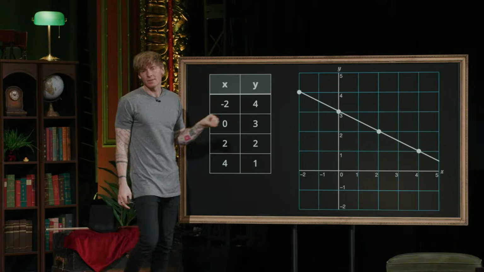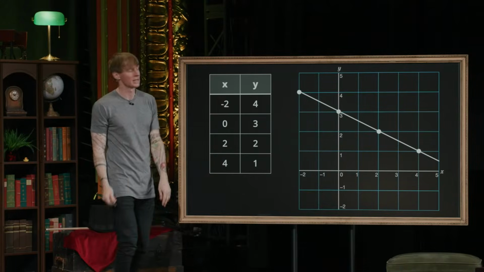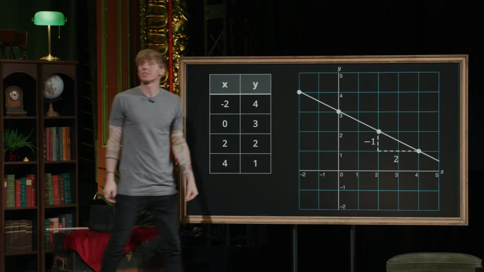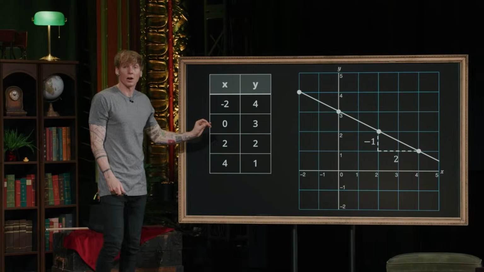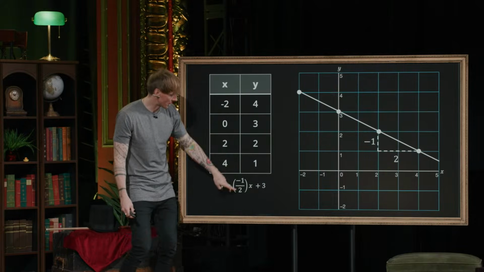Now, for our negative gradient example, we can follow the same kind of pattern. So if we add our triangle, and again, I'll first of all do this from below the line, so the rise here is negative, and that's fine. It's still the change in the y direction, so it's minus 1. And then we divide by the run, the change in x, which is positive 2. So writing that in our formula, we get y equals minus 1 divided by 2 times